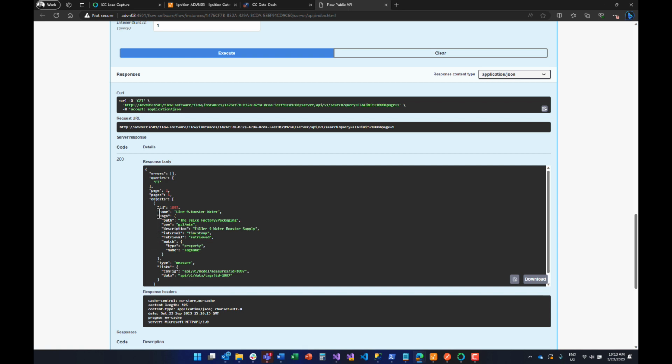It finds a tag in the flow model called line 9 booster water. It is in gallons per minute. Description. The match for that search for the FT was on the tag name of the underlying data source property. And I've got two links here. I've got a link to its configuration or its model information, and I've got a link to its data as well. So let's take this ID,